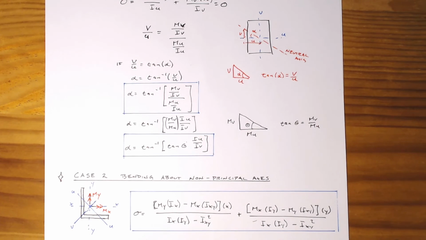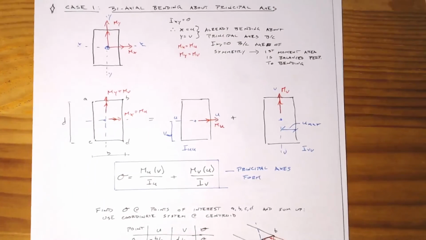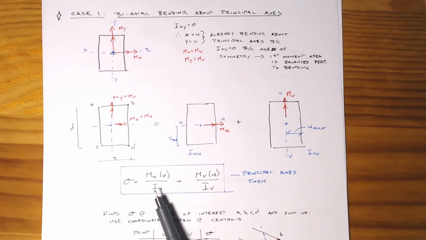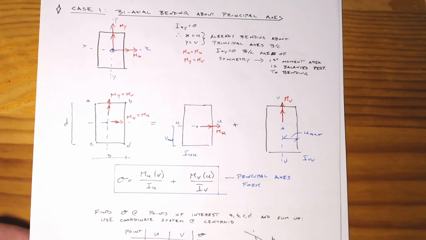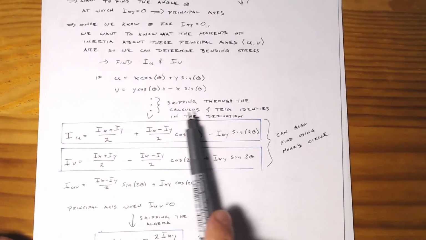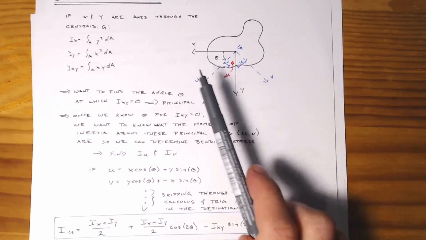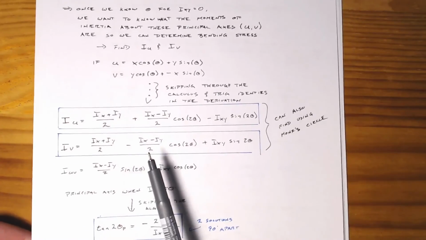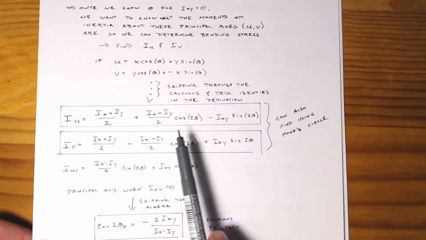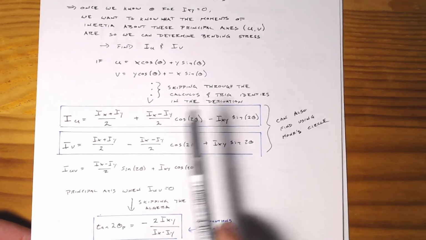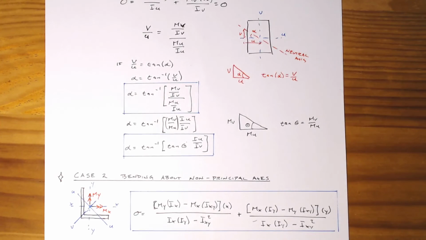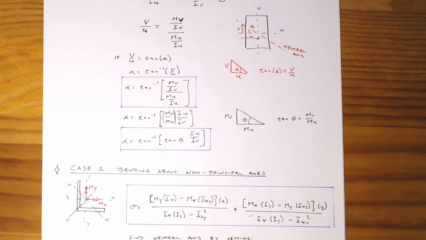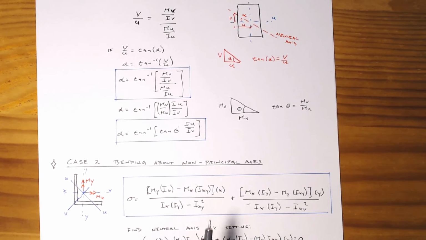Well, really, all we're doing with that is effectively the same thing as our principal axes, but we don't know Iu, and we don't know Iv, and we don't know Mv, and we don't know Mu. So we have to use some way to transform them based upon our rotation of our principal axes in order to get there. And so effectively we need to use these big ugly equations. But if we do that, and we do a little bit of simplification and skip all of that algebra, and I just give them to you, well, you're stuck with really